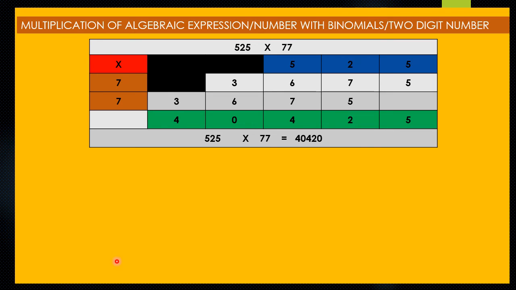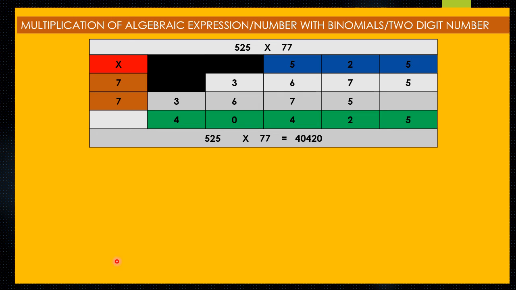Now adding both of the rows. So you just look at this 5 at unit position. There is no other digit to be added with this 5, so just bring this 5 as it is down here. And now adding 7 with 5, we get 12. Just put 2 here and carry 1 to the next position.